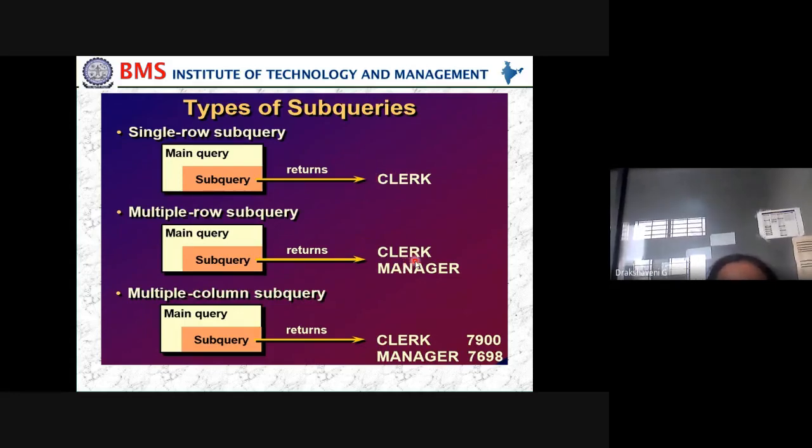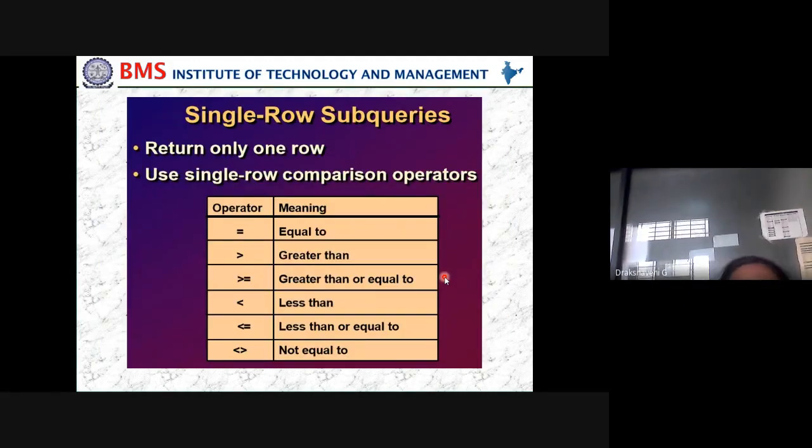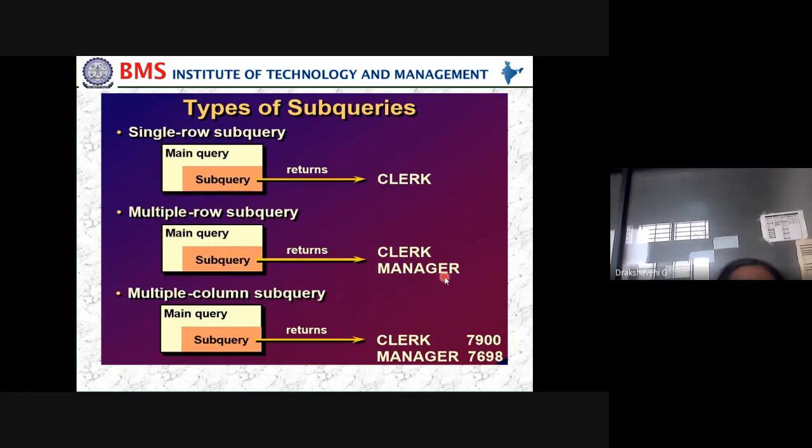In the second, we are fetching two rows, all the clerks as well as the managers. In the third, we are fetching a clerk and his salary, and a manager as well as his salary. So these are the different types of subqueries we can use: single row, multiple row, and multiple column.